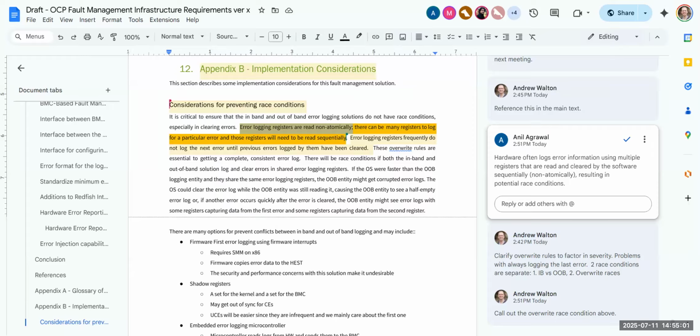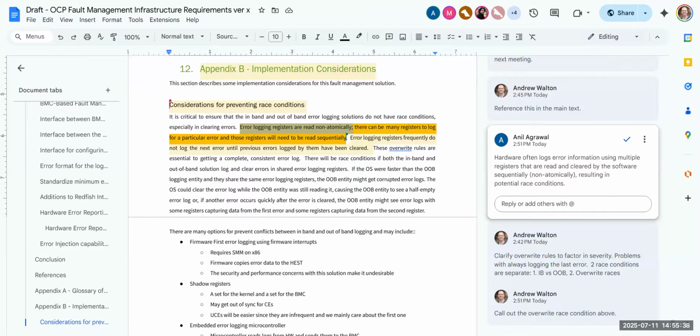Okay, so really, the set of registers that have your error information are not all in lockstep together. Once the software clears the status, the hardware captures the next error. So you read the status first, and you see that you got an error of a certain severity. You go read all the other registers, and you build an error log from it. Then when you're done, you read the status again. If it didn't change, if the severity is the same, then you know it hasn't been overwritten. I can now clear this error knowing that my captured log is good. At that point, all the registers will capture the next error.